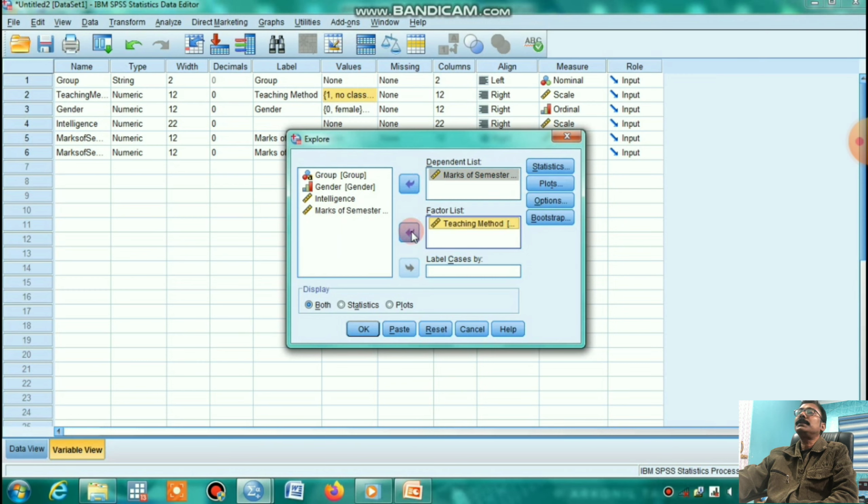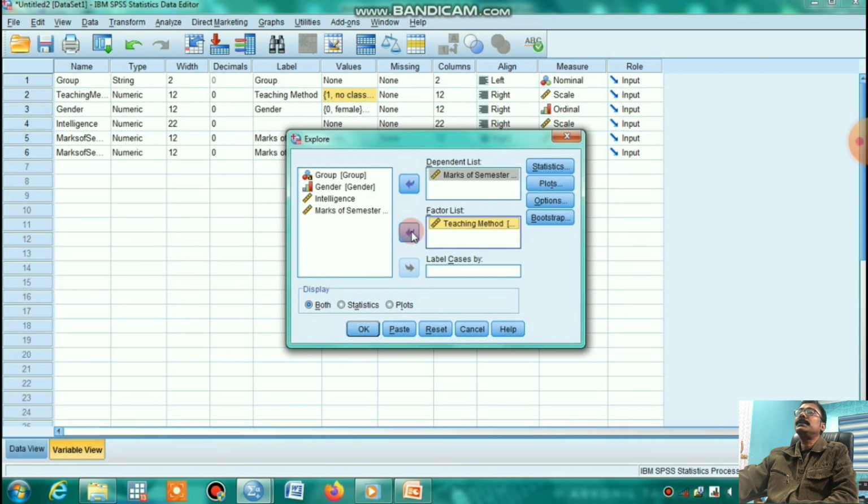Under statistics, outliers. Under plots, we don't need stem-and-leaf, we can plot the histogram as well as the normality plot. Continue. Options, not needed to change.